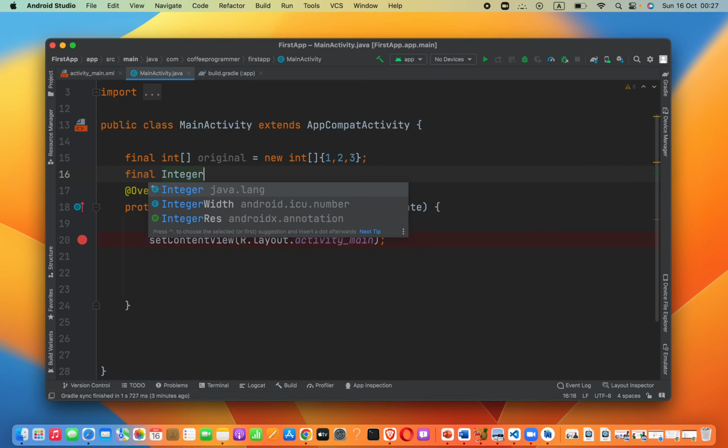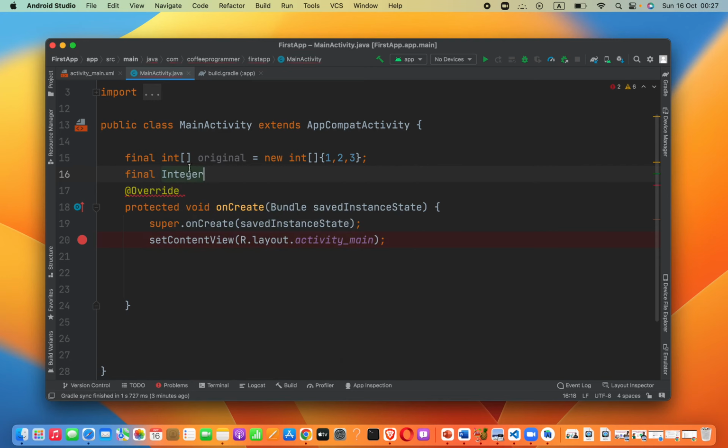Here it is Integer. Integer is a non-primitive type of data type. Now square brackets and then let's say the variable name is wrappers. Okay, now I will set this equal to